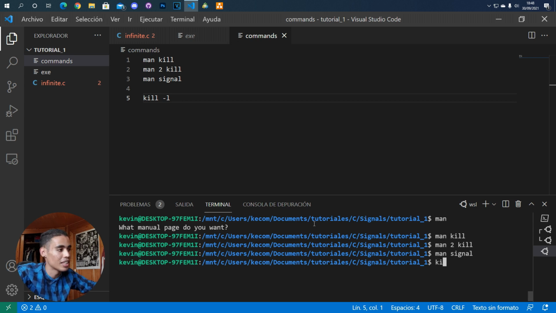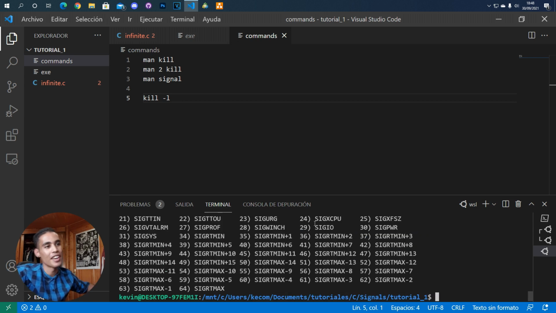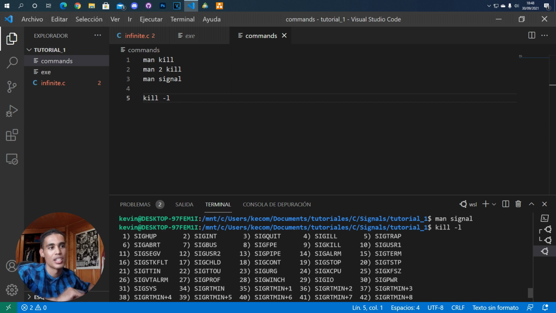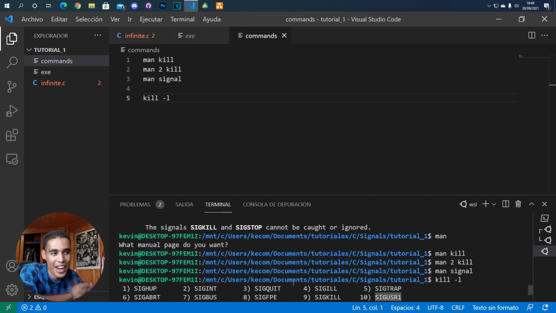In order to check that, we put kill -l. Now here we have all the signals that we can send to a process. For example, this one is SIGHUP and this one is SIGINT. SIGINT is exactly the same as Ctrl+C. Whenever we press Ctrl+C, what we are really doing is sending the SIGINT signal to a process. Then we have SIGQUIT, SIGILL, SIGUSR1 and SIGUSR2, which are signals that don't do anything by default, but are useful because sometimes you want to program something which uses signals, and with these two signals you can do whatever you want. Whenever you receive, for example, SIGUSR1, you can tell the program, hey, do this. SIGCONT, you have signals for everything, and you can read that